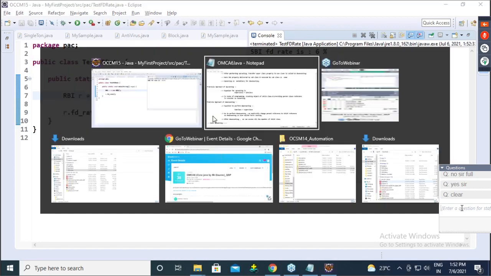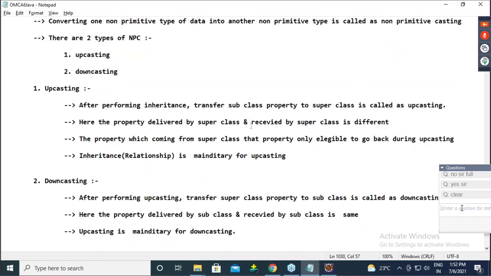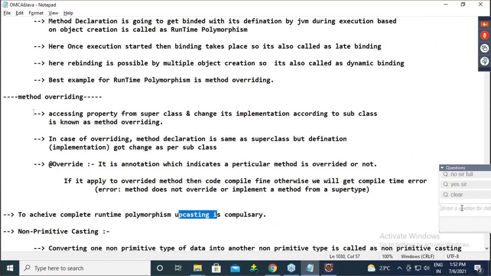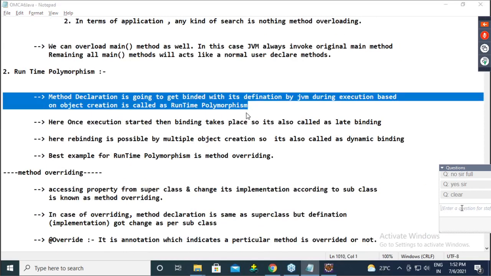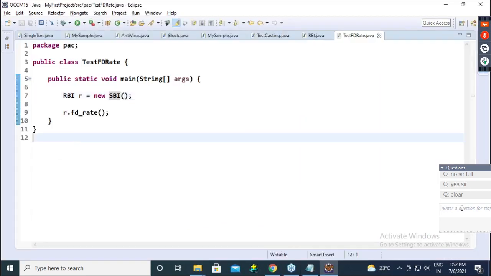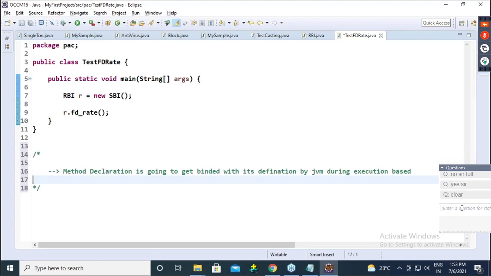See, read the definition of runtime polymorphism. I'll explain to you, don't worry at all. This is the runtime polymorphism definition. Now, let me take it here.